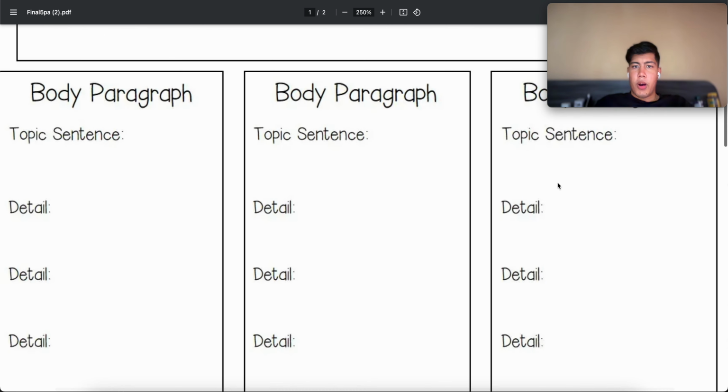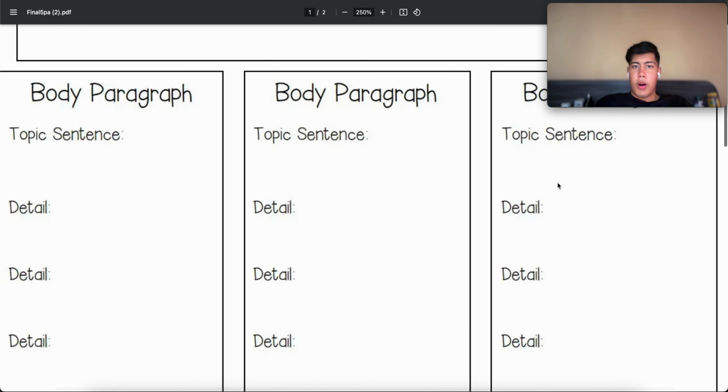So this is kind of what I want your organizer to look like. I don't need them to be in bullet points. You can write them in sentences. You can format this however you want. If you can fit it in here, I don't think you will be able to, so I would prefer everyone to write this in their copies. I wrote down that you guys should take about 2 days, so I'll give you guys 2 nights to work on this. So take your time with this. You don't have to write this all at once, but make sure you fill this entire thing out in your copy. You can copy the individual points and then write the sentences in your copy.